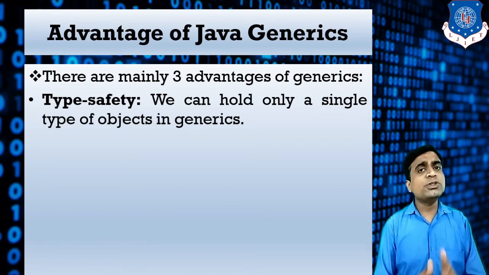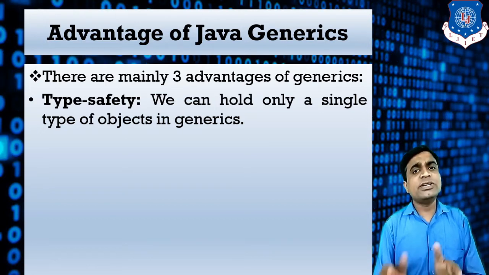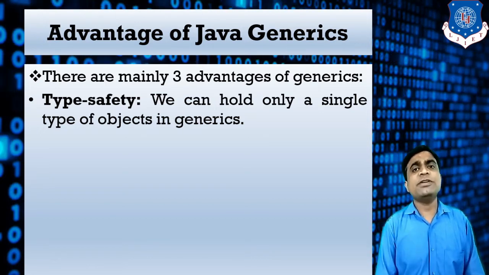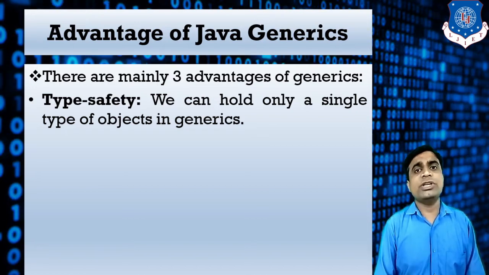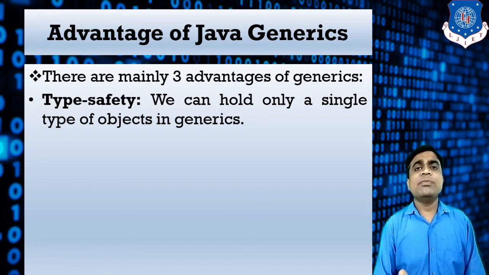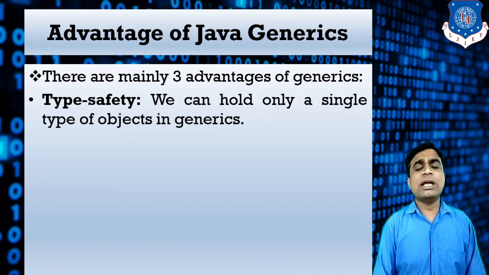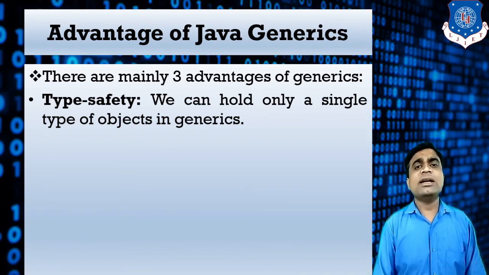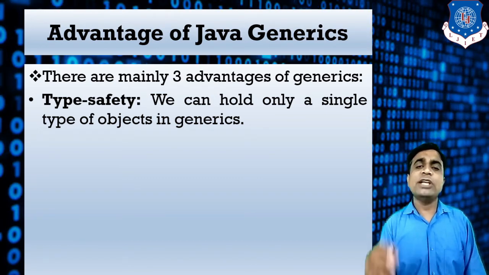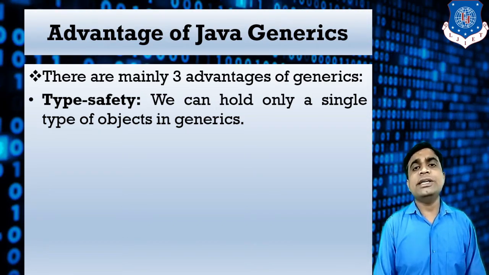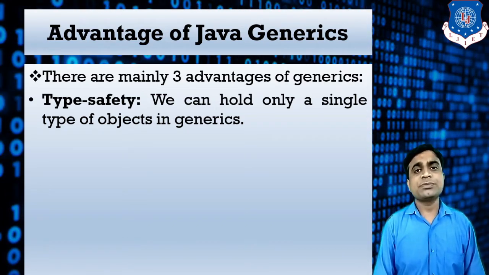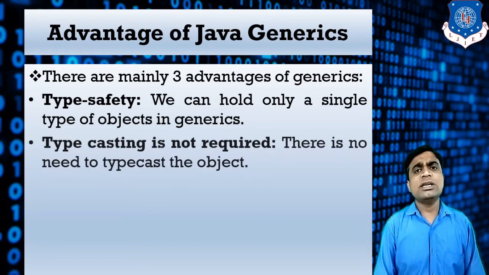Now suppose you want to restrict the array list to a specific data type, for integer, character, double or string. If you apply generics, that is type safety, to that array list, you can store only a specific data type value, like you can only store an integer or you can only store a string. That is one more advantage of generics.